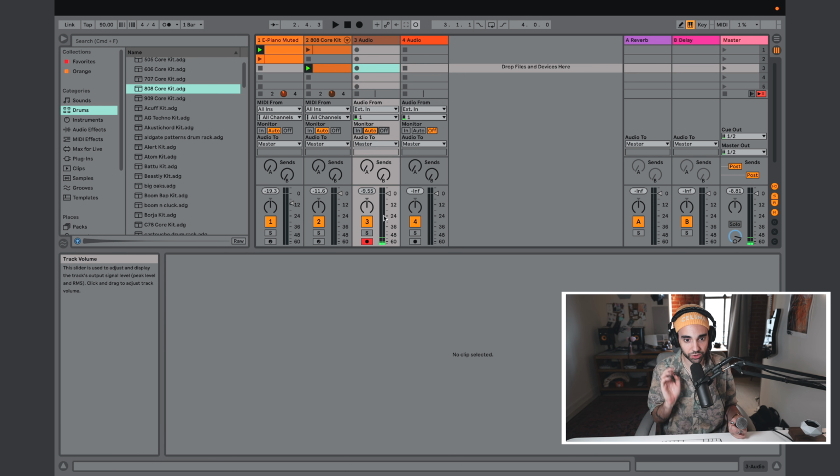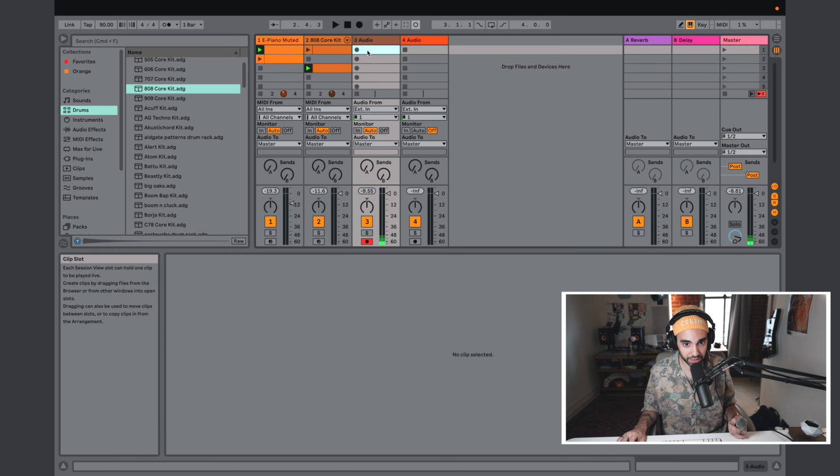However, our little trick that we did with MIDI last time, double clicking and creating an empty clip, does not work on audio tracks. Instead, we have to press the record button here on the individual audio tracks. And that's actually going to trigger a count in, and we're gonna have to press play again to get it to loop back. And then I'm gonna show you how to do this in arrangement view so you don't have to deal with any of these session clips,